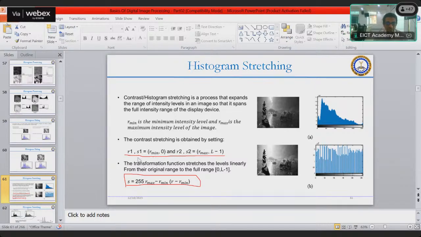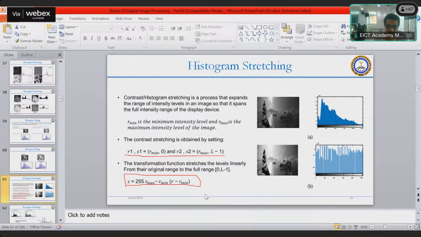What we are saying here is that r1 and s1 are the values. So what is the transformation function? It is r max minus r min upon